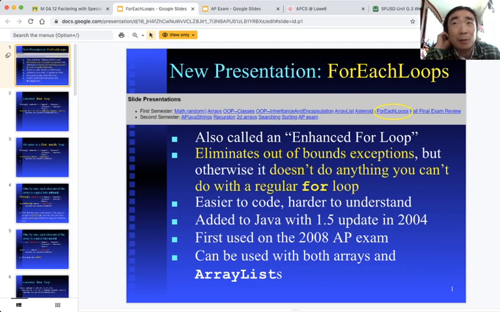So this is what they mean, for each loops. If you're familiar with Python, it's similar to how for loops work in Python. They eliminate out-of-bounds exceptions, but it doesn't do anything you can't do with regular for loops. So I recommend that you really stay with the for loops for your FRQs and just understand what's going on in a for each loop for like the multiple choice. We didn't teach you this